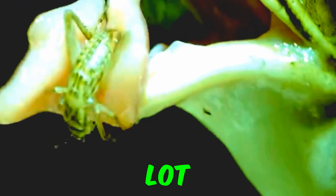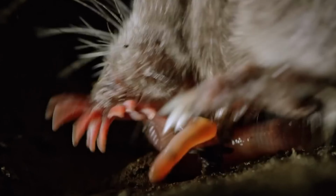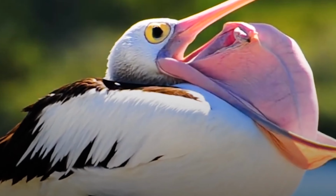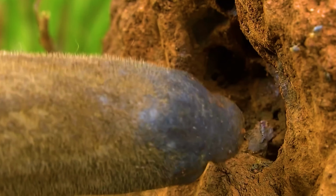You must have heard a lot about animals' tongues, as they are the most crucial part of an animal's anatomy. Tongues allow them to perform numerous functions. With so much to surprise you, there are some animals with really long tongues. From chameleons to anteaters, these animals have developed tongues that can be twice the length of their bodies, allowing them